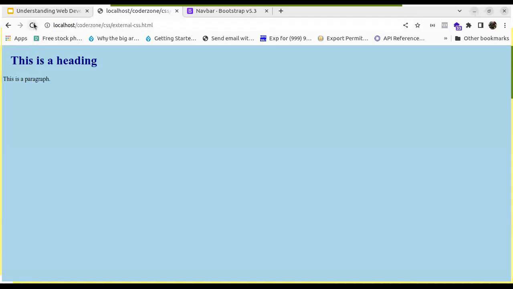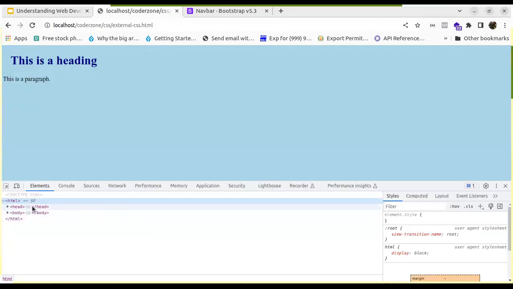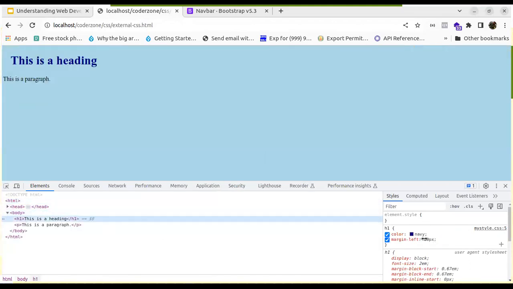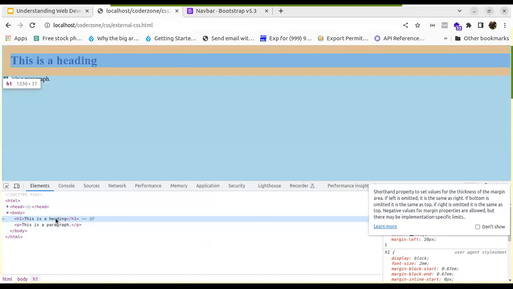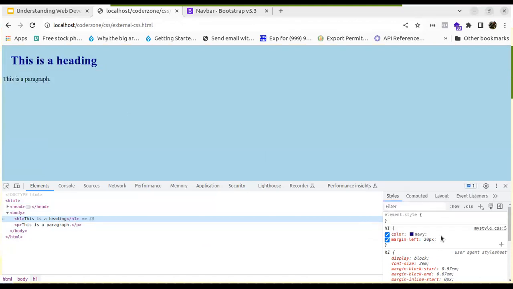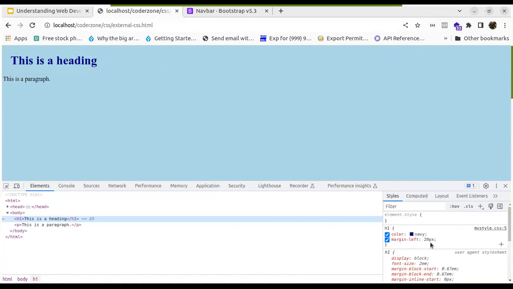So I have called external CSS.html. You can see this blue background color for the body content. Here we can refer, and as well as this h1 tag, we have applied a navy color and margin left. With the mouse over, you can see the orange color, so that shows the margin left applied. Look at this box also; those things I will cover later on. So here we confirm margin left is applied. Okay. So likewise,